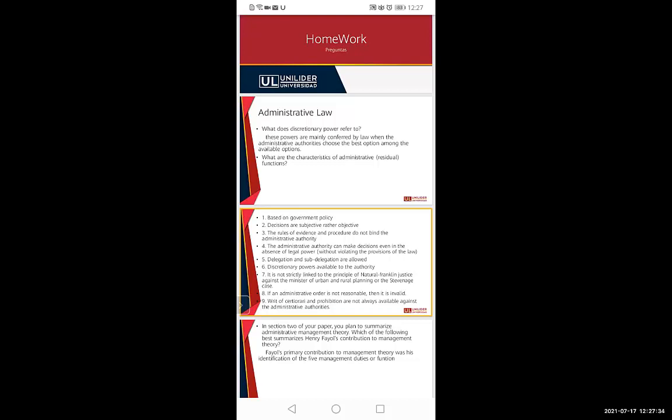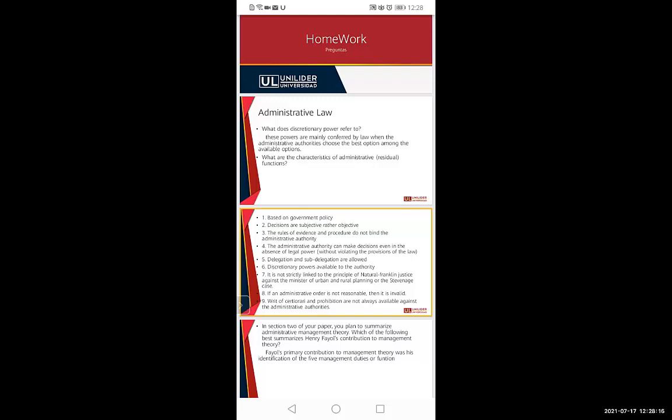Number 3, the rules of evidence and procedure do not bind the administrative authority. Number 4, the administrative authority can make decisions even in the absence of legal power. Number 5, delegation and subdelegation are allowed. Number 6,